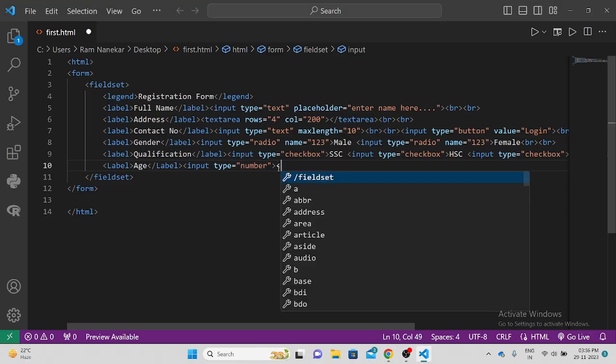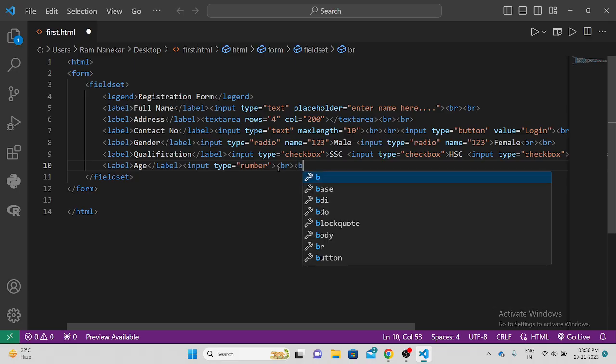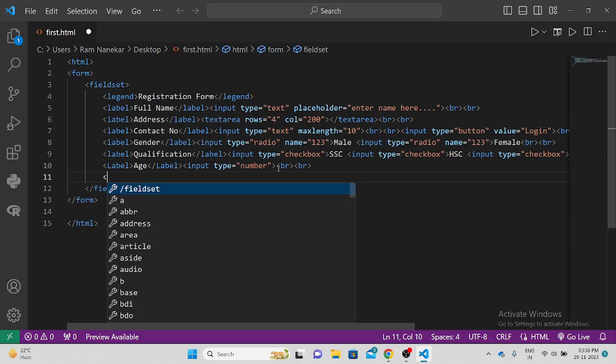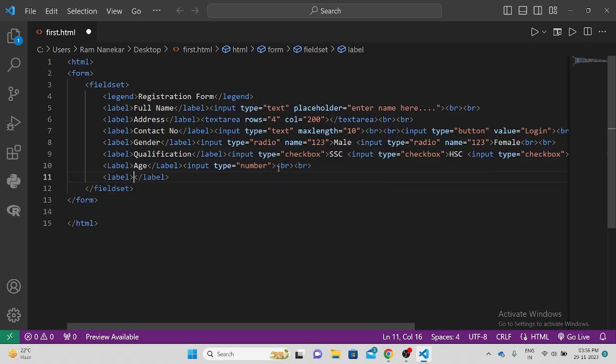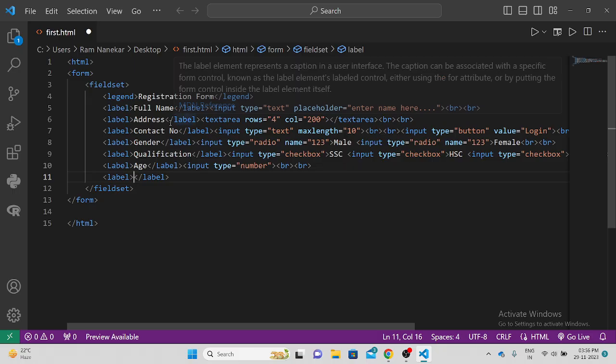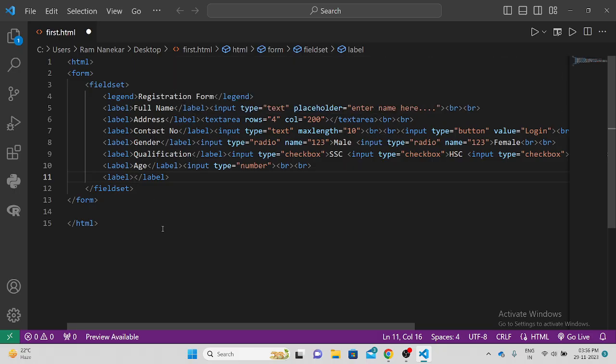After that we require a new line again, so it's a BR and BR. Just it's a label. Next is what? Full name, address, contact number, gender. Okay, so what is the city of that particular candidate? Okay, so in that scenario we require a select tag, because it gives me a drop down, and for drop down